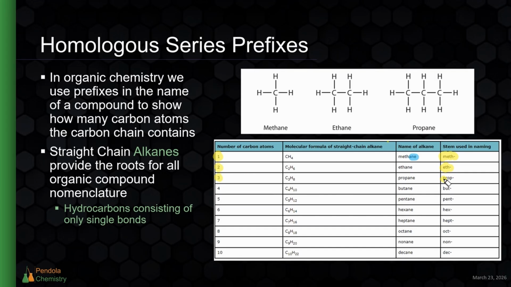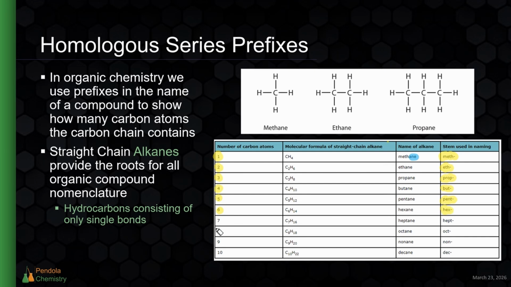3 will be prop. So propane, the stuff that we use to barbecue, that's a 3 carbon alkane. So 3 carbons in the main body, all single bonded, all with hydrogens. And then we just go from there with different roots for the different numbers. Always ane, because the ane tells us it's an alkane. All carbon, all single bonded. But will be the prefix for 4. 5 will be pent, like pentagon. 6 will be hex, like hexagon, so hexane,